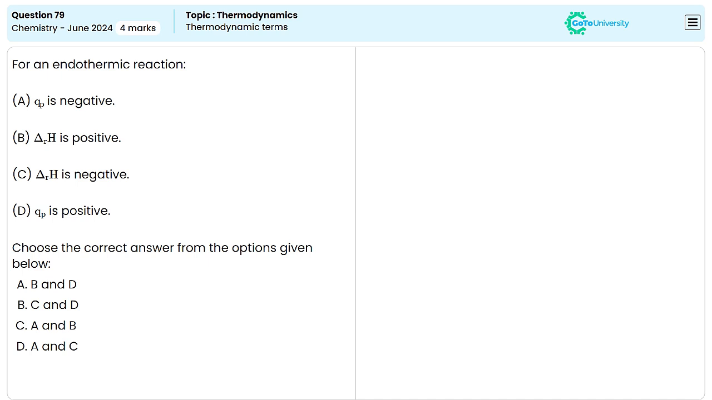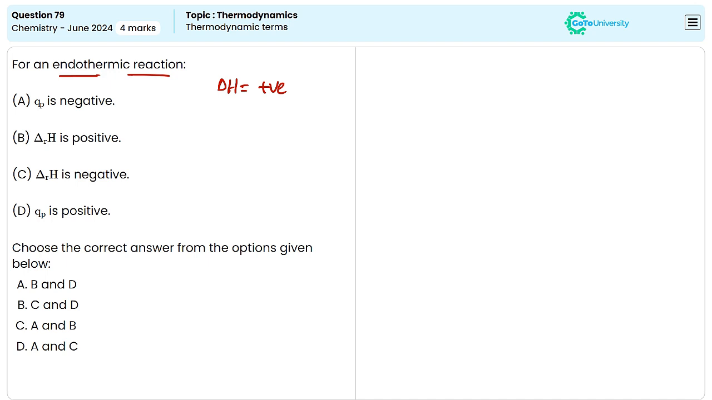In this question, the thermodynamic parameter values for an endothermic reaction are given. We have to identify the correct values. Endothermic reactions are the reactions which take place by the absorption of heat energy. So we can say the enthalpy of the reaction, delta H, will be positive in these types of reactions, because